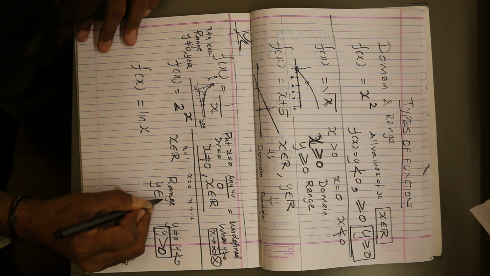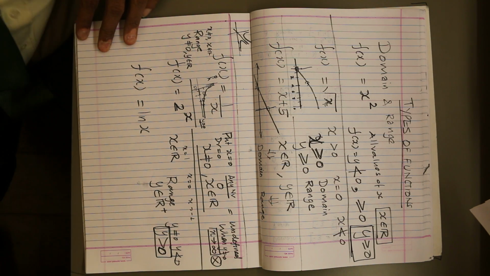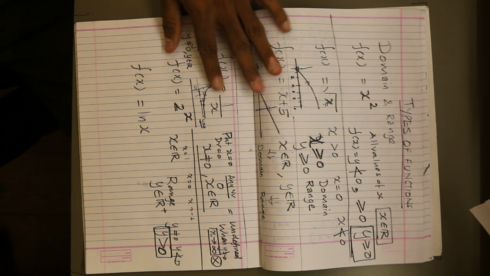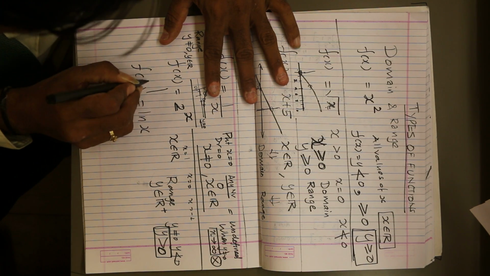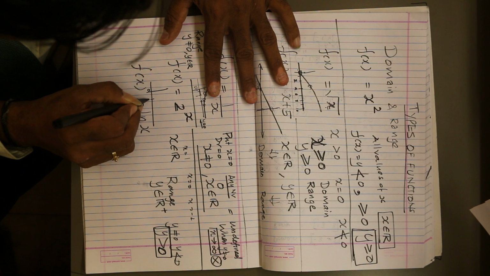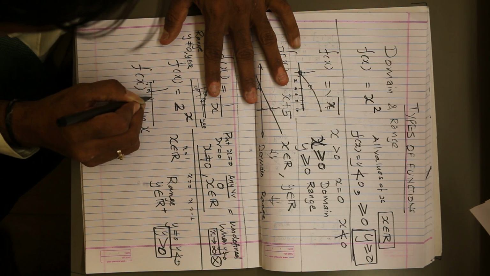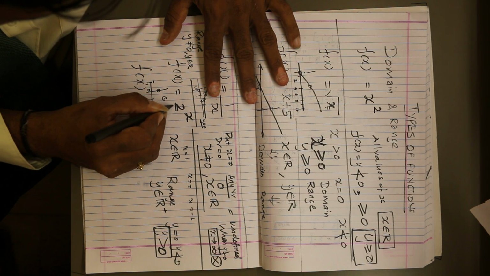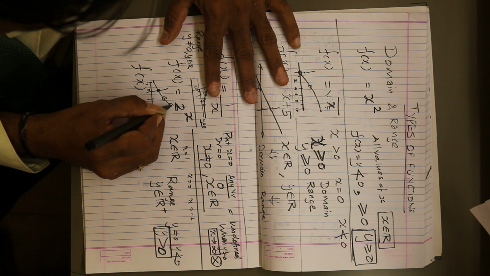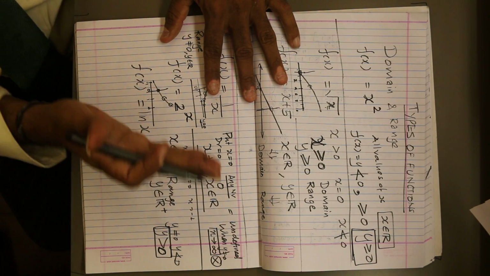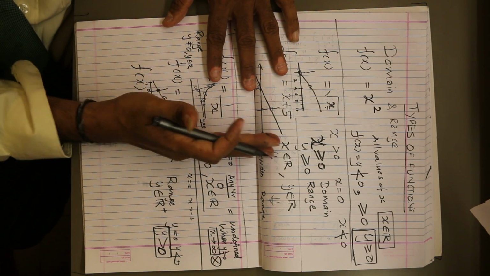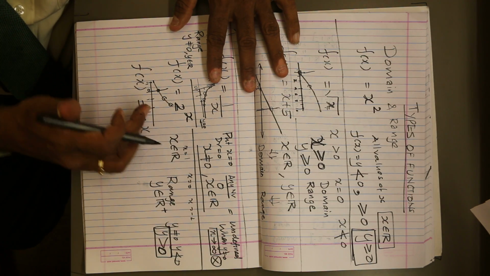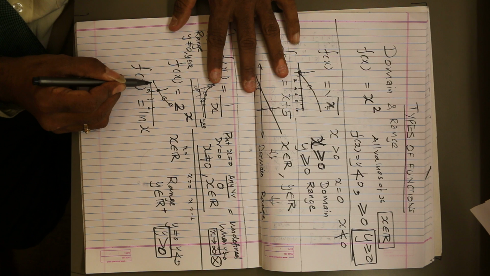Sometimes some books call it R plus, the positive real numbers. Strictly, 0 is not even included in this. Now, if you draw the curve, as you asked me earlier: 2 raised to minus 1 is half, 2 raised to 0 is 1, 2 raised to 1 is 2, 2 raised to 2 is 4. It increases exponentially, very fast, drastically, substantially. For an incremental increase in x, there is a substantial increase in y. This is the exponential behavior. But definitely the curve